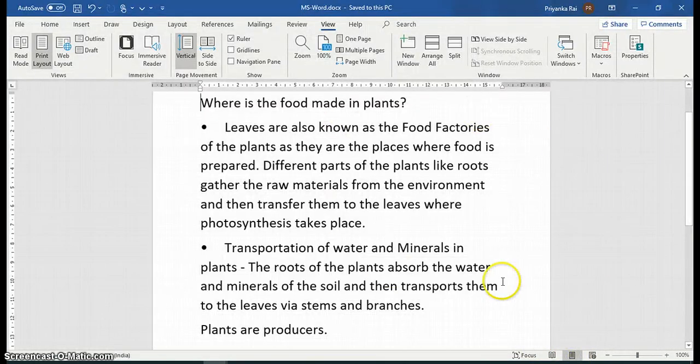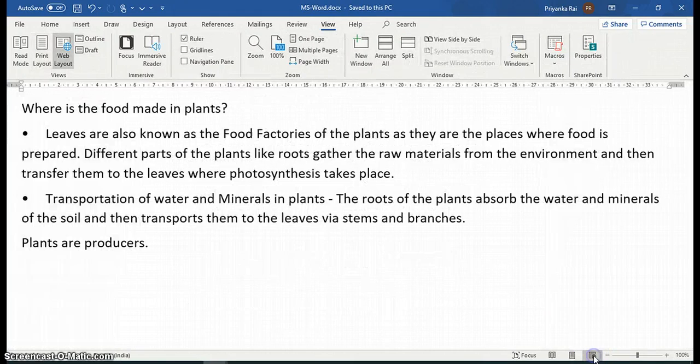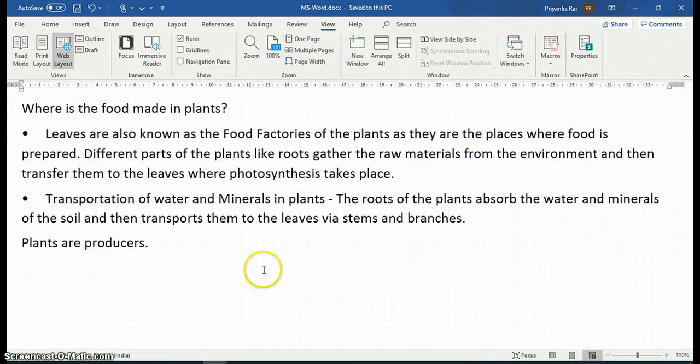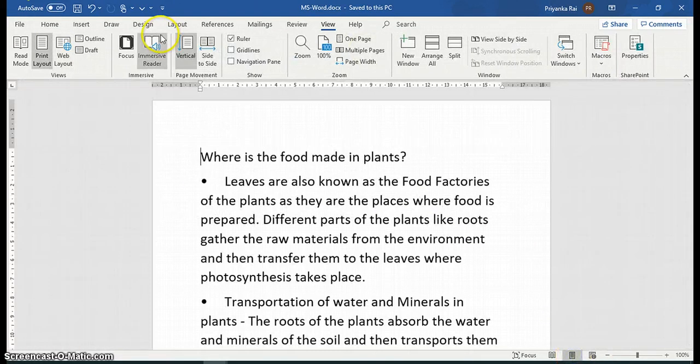This is the print layout mode, and this is the web layout mode. And all these modes you can view in the view tab also. This is the view tab, and here only 3 modes are given, but they're different modes.